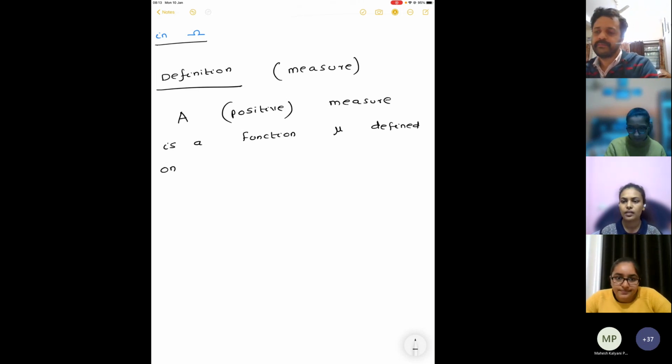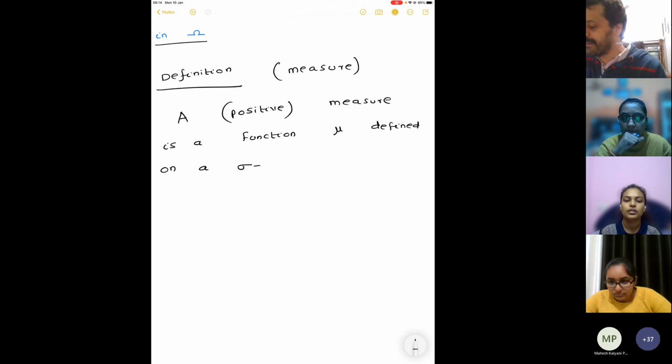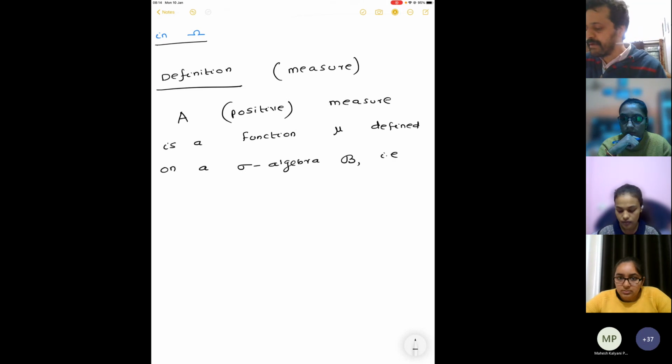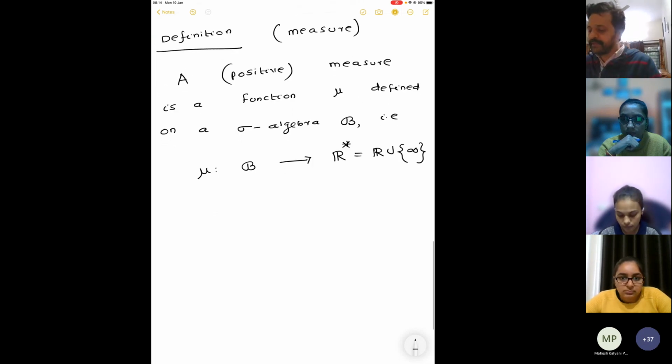On B. And what is B in the abstract setting? A sigma algebra, right? Mu defined on a sigma algebra B, that is, mu is a function from B to R star, where R star I mean R union infinity. We allow it to be an extended real number, such that